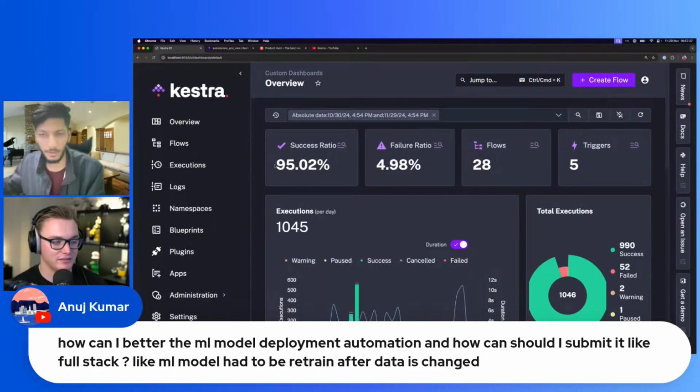Okay, you can go ahead and read it. Sorry. How can I better the ML model deployment automation, and how should I submit it like full stack? Like the ML model has to be retrained after data is changed. Now I'm no expert at ML, I'll be honest with you. However,